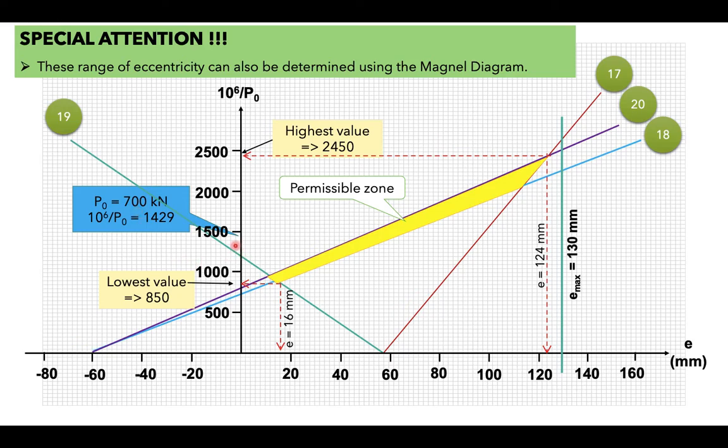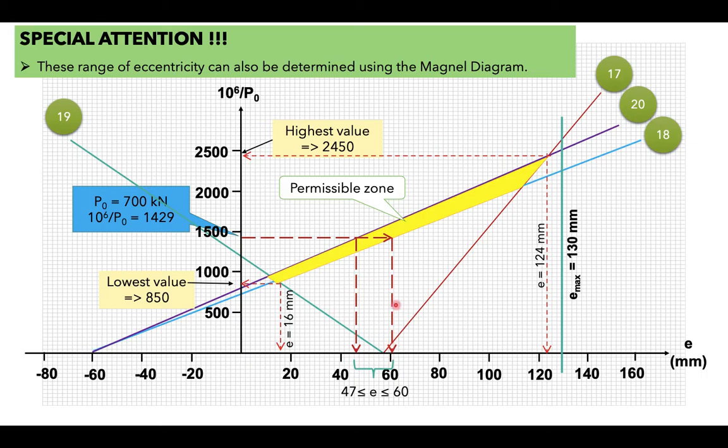So from this point, we are going to draw a line from this P naught value to coincide with the permissible zone. You can see here, this is the permissible zone, and this is our line from the initial value that we have already decided, based on this range of pre-stress force. Then based on that, we are going to go for these intersection points, and here is actually the value of the eccentricity. So we can see here that we have 47 at this first point, then we have 60 at the